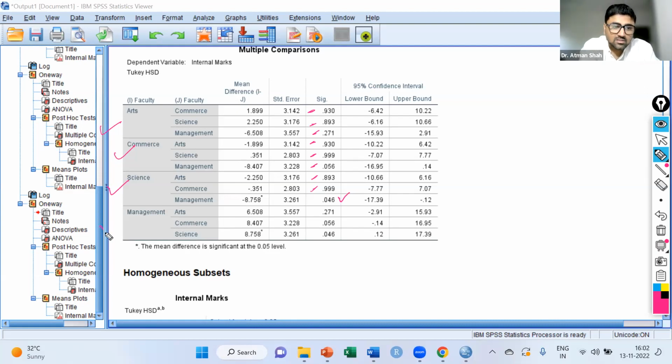Okay, comparison of management with the remaining groups. Management and arts 0.271, no significant difference. Management and commerce, no significant difference. Management and science, we have the significant difference. Right? So that means management and science groups are different from each other. Now see